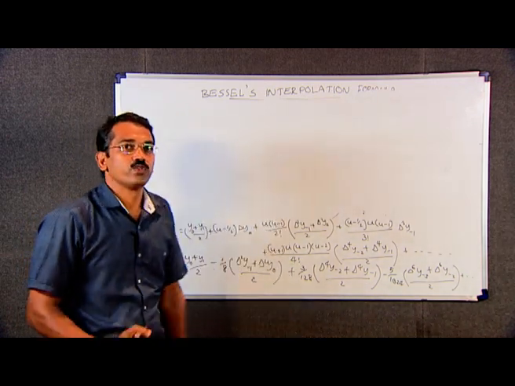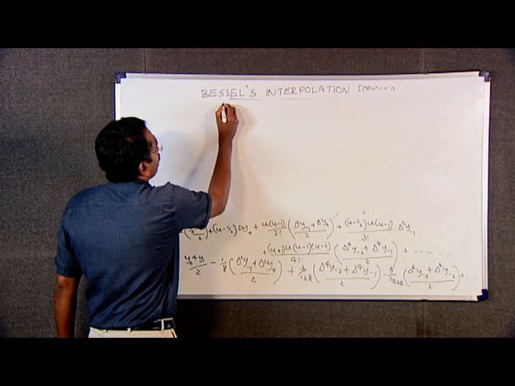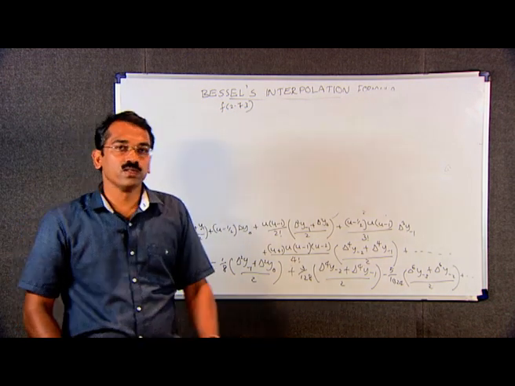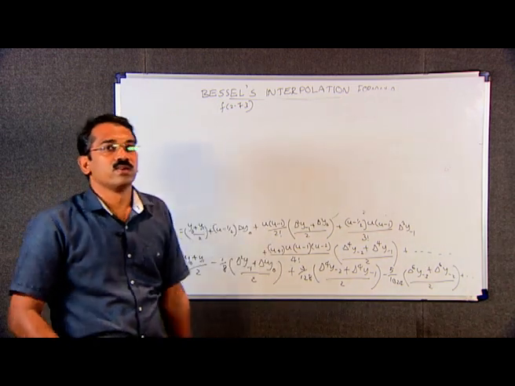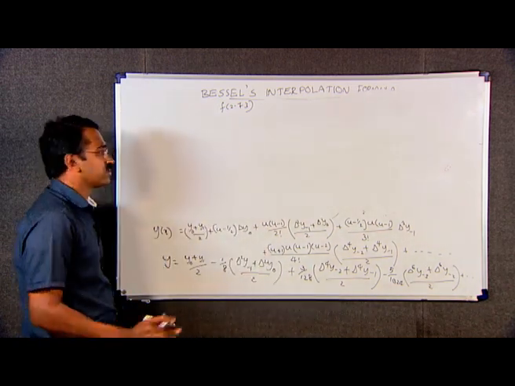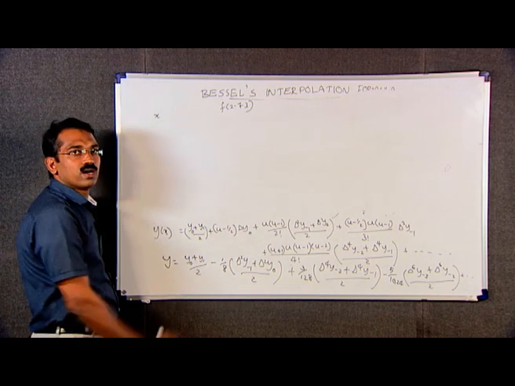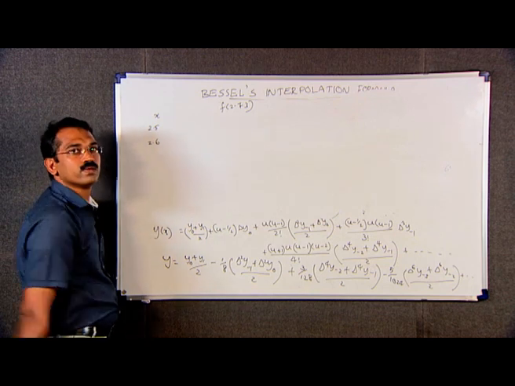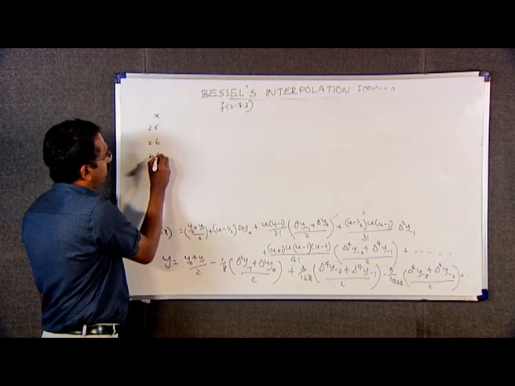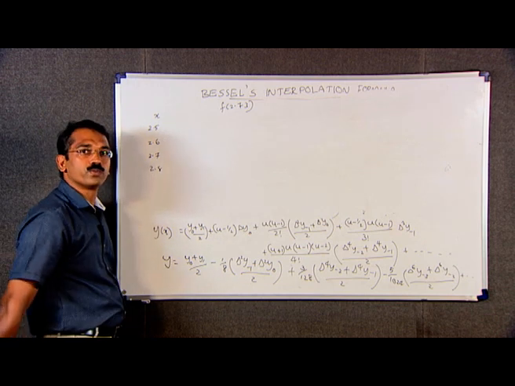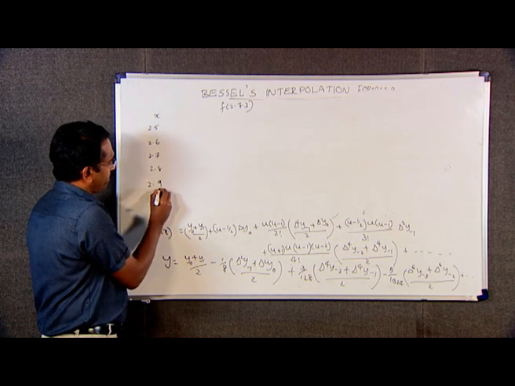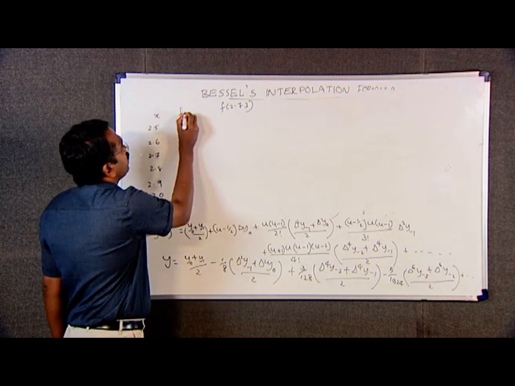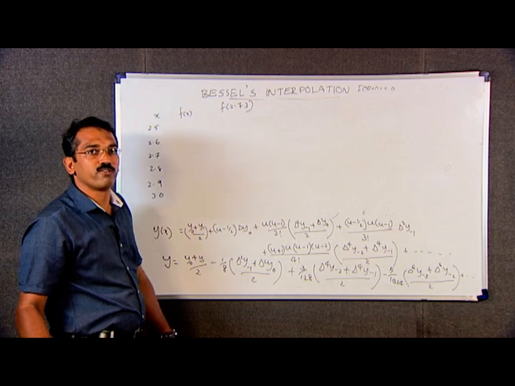Evaluate f of 2.73. Using Bessel's interpolation formula, the given data is: the values of x are 2.5, 2.6, 2.7, 2.8, 2.9 and 3. These are the x values, and the corresponding y values, or values of f of x, are